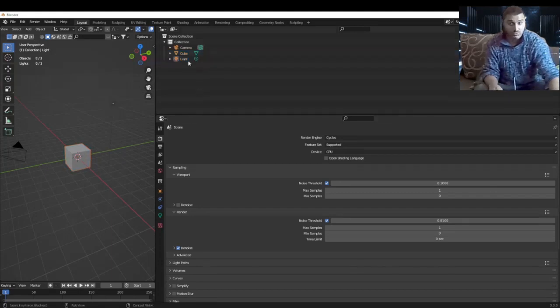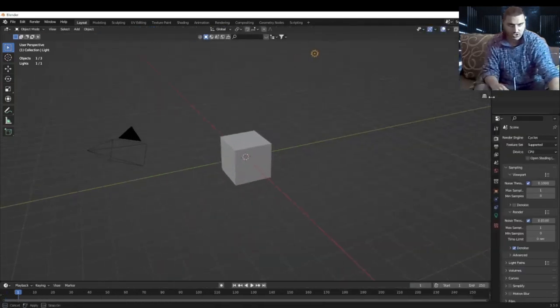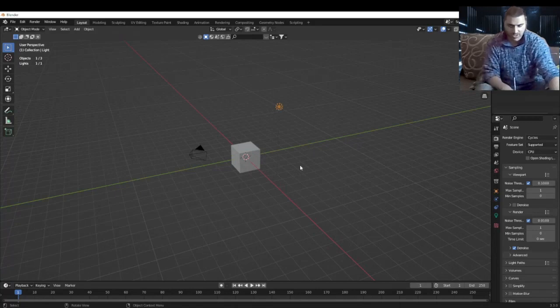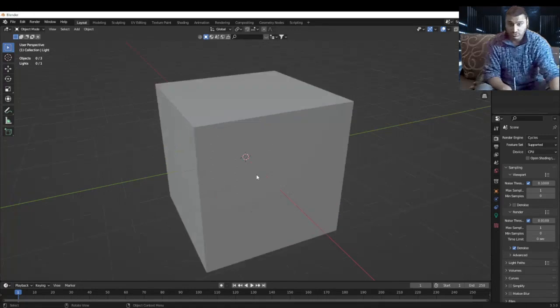Of course, you can rename this by double clicking. You can double click and rename the light if you want. This is your choice. Now, Blender always opens with this kind of setup, where you have your cube, your camera, and your light. This is very simple. Now, you can zoom in this 3D space by the scroll of the mouse,